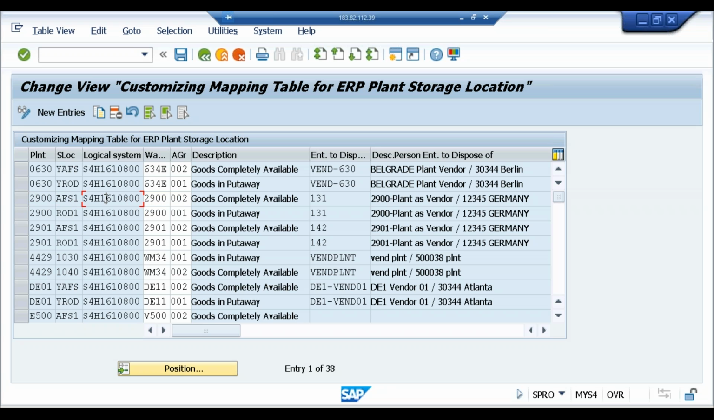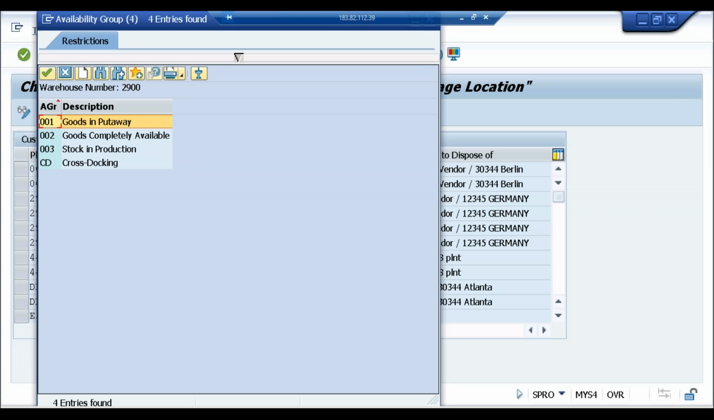Here there are two other things: one is a logical system and the other is the availability group. First we will discuss the availability group. As we have two storage locations, as we just saw, there is a transit level and a place where exactly the parts or material will rest or exist. At these two levels, the availability group is only for the system to understand